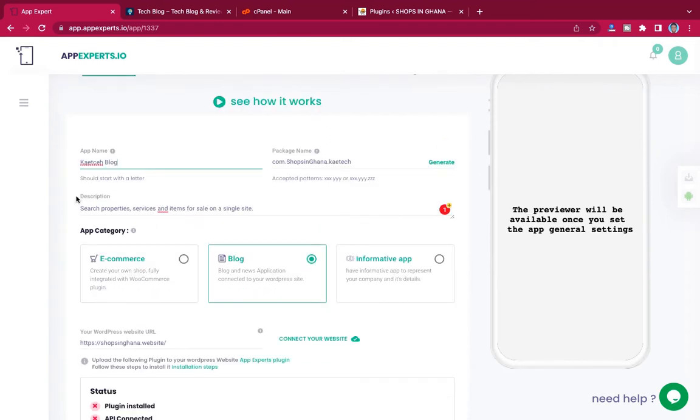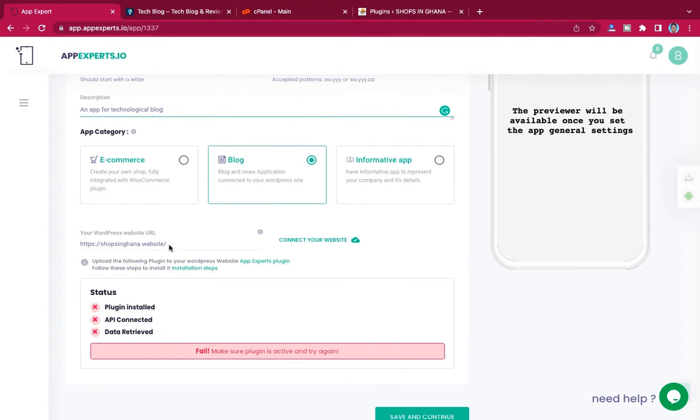Okay, it has changed. I don't know why it has changed. I want to correct it. Maybe it is because I changed these names over here, so it is also reflected over here. I'm not sure yours is going to behave that way, because this is the first time we are doing this, but it is acting on my previous information that I used. So you give a description of your app that you are creating. You choose any of the three categories over here based on the app that you are creating, and then over here you enter your